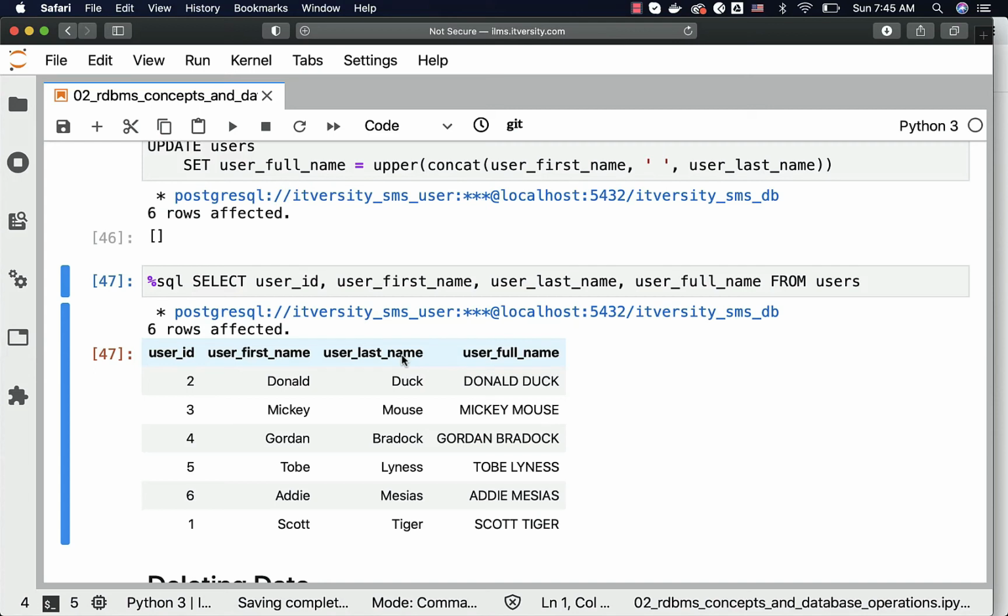This is how you should be able to leverage the update statement to update the data in the existing table, either by using literals or derived values from existing columns, either by specifying conditions or without specifying conditions. If you do not specify conditions, it will actually update every record within the table. Once you understand a lot more about SQL, you will be able to use update statement a lot more effectively to satisfy your requirements.